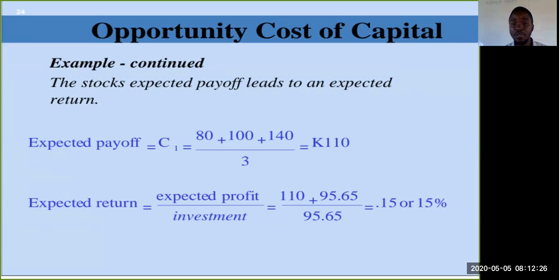In our examples, we saw that our interest rates were 7% and 12%. In our first example, calculating the rate of return, we got 14%, which was greater than the 7% and the 12%. In our calculation for the stock, again, we get 15%, which is also greater than 7% and 12%.